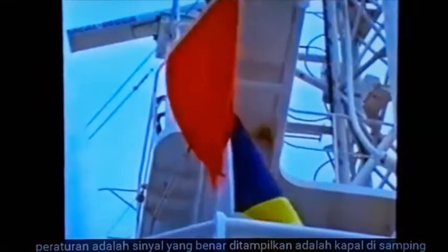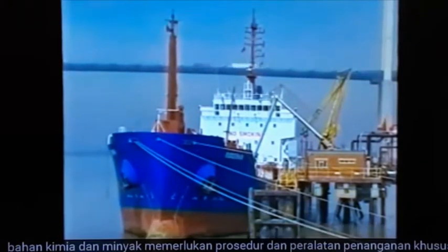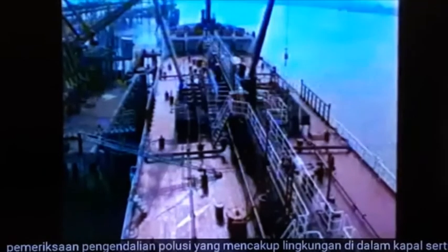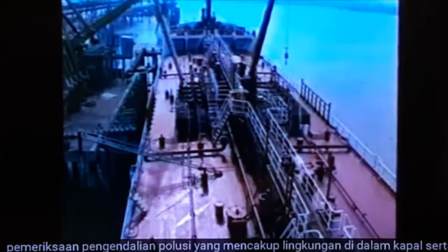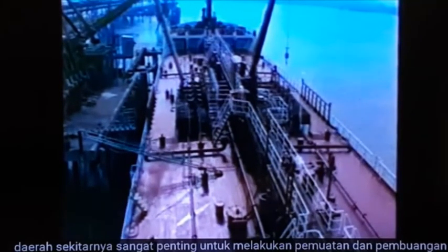Are the correct signals being displayed? Is the ship alongside and moored properly? Vessels carrying hazardous cargoes in bulk, including gas, chemicals and oil, require special handling procedures and equipment. Particular attention has to be paid to stability, trim and stress monitoring. Pollution control checks covering the environment within the vessel as well as the surrounding area are especially important. Do the loading